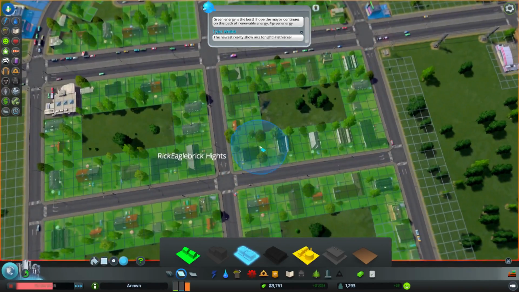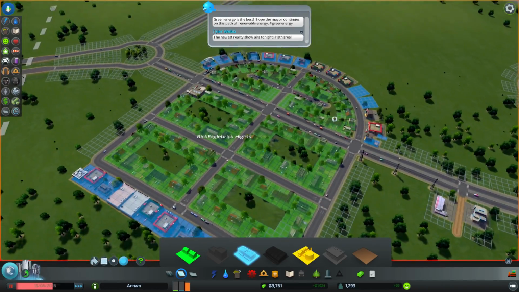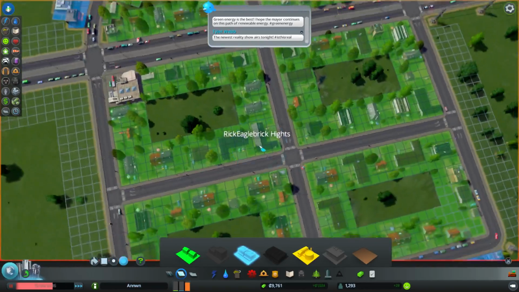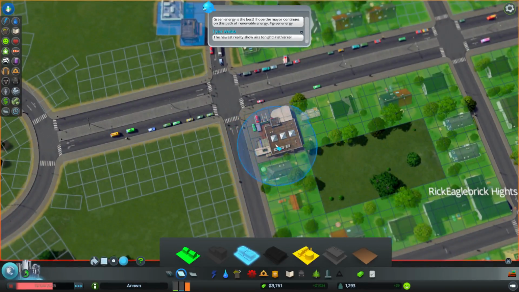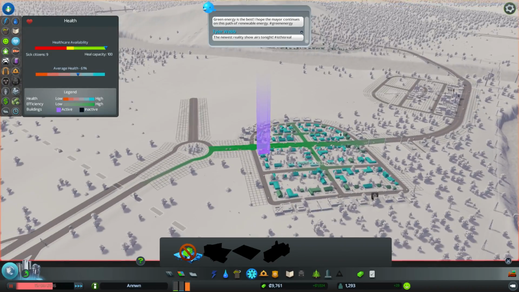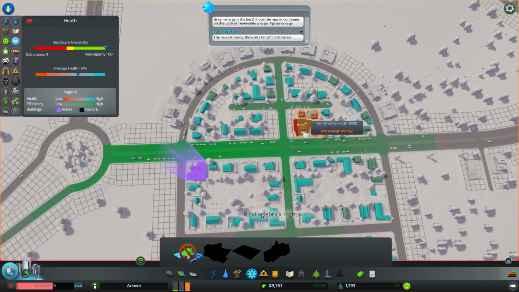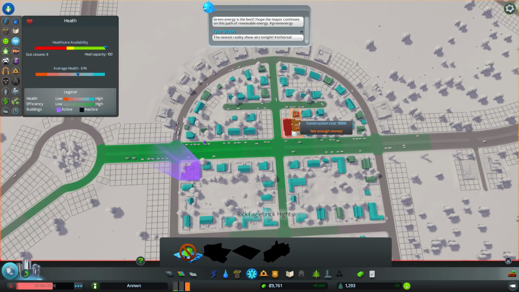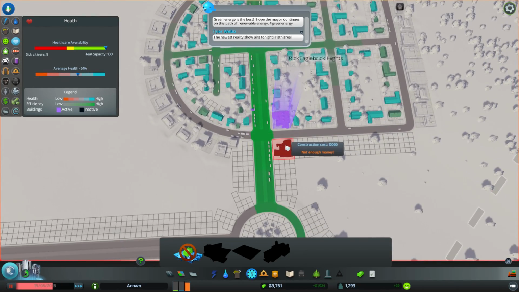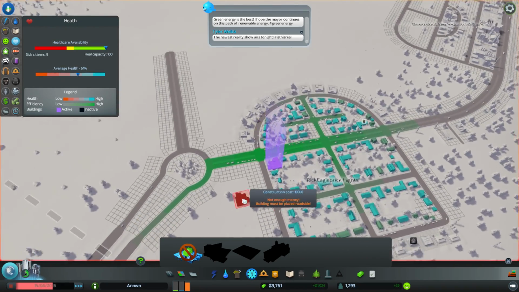Okay, so that should help Rick Eaglebrick Heights with its issues with traffic. The only thing is this facility, the clinic. I think on the whole the clinic should be okay. I could move it, perhaps, to over here so that it would have to go around like that, but...